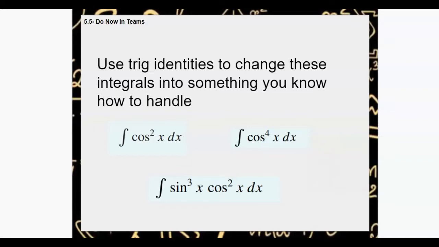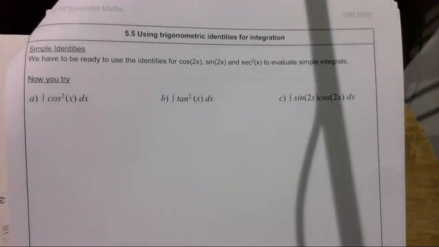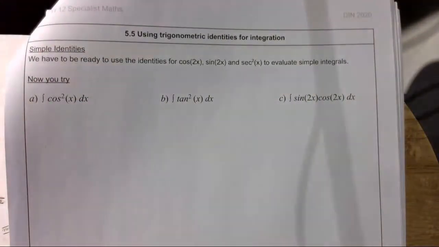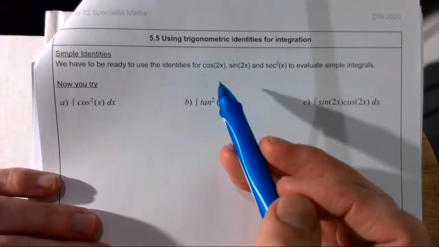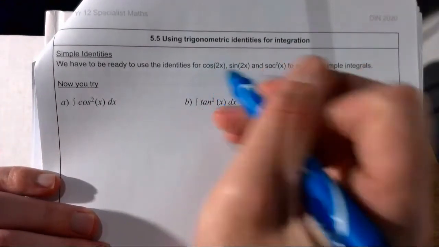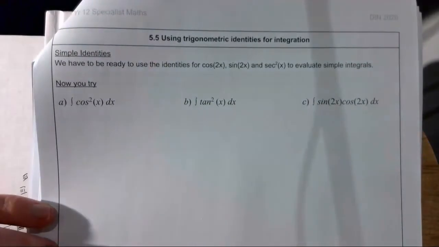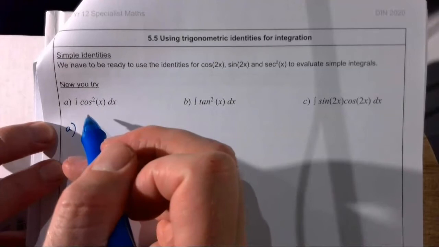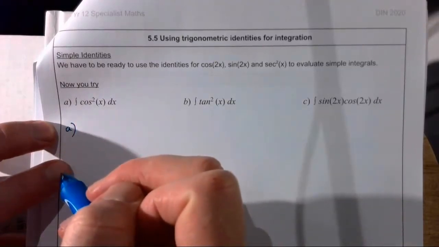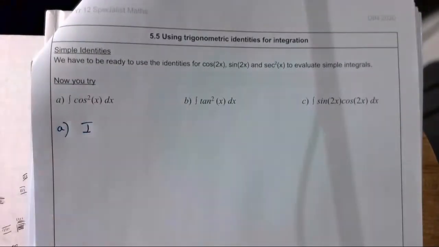Okay, and now I'm going to jump into going through a few questions, including these ones. What we're going to do is split them into more straightforward ones, where you just need to pick the right identity based on what you're given, and then some slightly more challenging ones on the next page. So the identities that are most useful are these three, and these are going to come up in these examples here. So if I go into the first one, the integral of cos squared x,